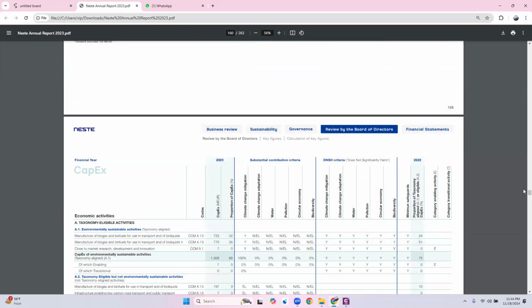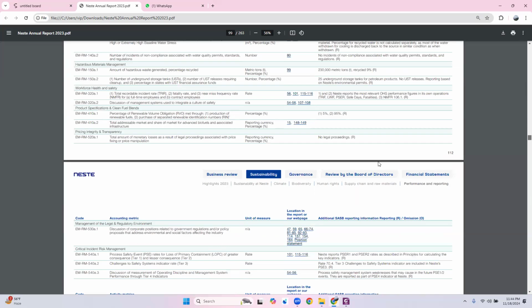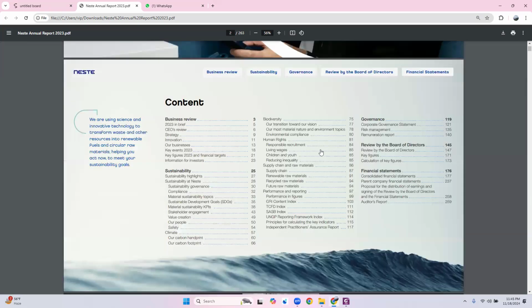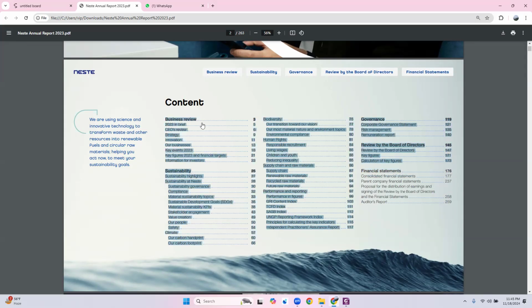Okay, let me come to the index, please. Can you see on the screen? Where are the financial statements? Right here, which I have highlighted. Right here are the financial statements, correct? True, yes. So all this other information from here before, all this information is something that is not related